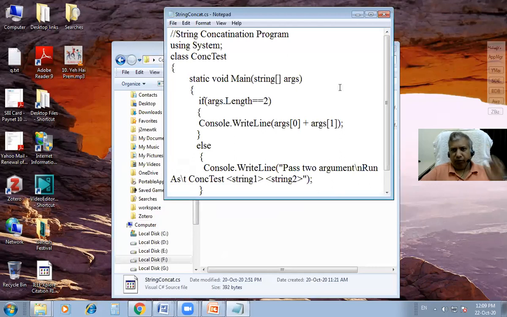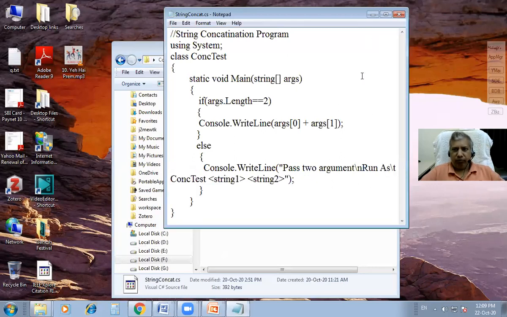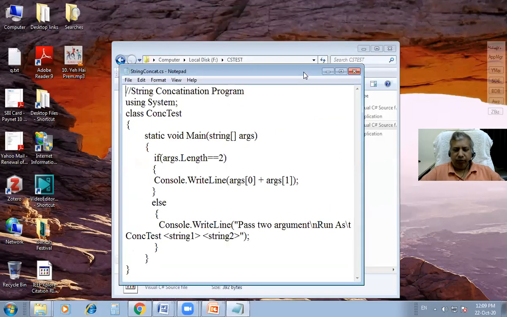Now, this was the previous program where we have used a plus operator as concatenation of two strings. Okay, now what is expected is that we are going to use the addition operator. Let us modify the program.